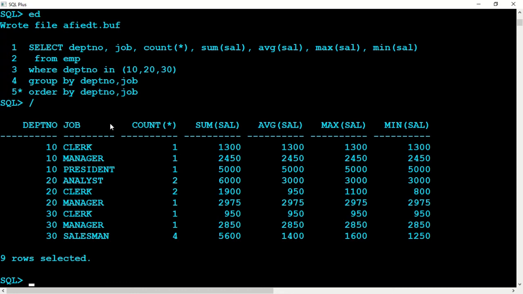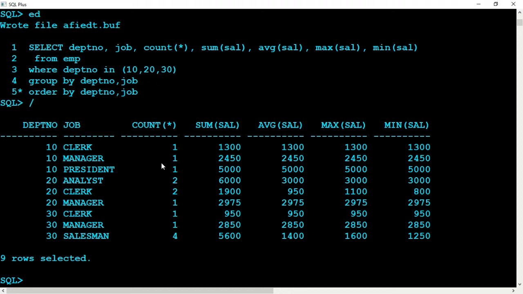Correct? Okay, now what we'll do, we got this particular list of groups. Okay, there are 9 groups. From these 9 groups, which group are we interested in? We can filter out again. First of all, we filtered out some records, right? We are interested in these records. So we are interested in department 10 and department 30. We filtered out, then we made the groups and everything.